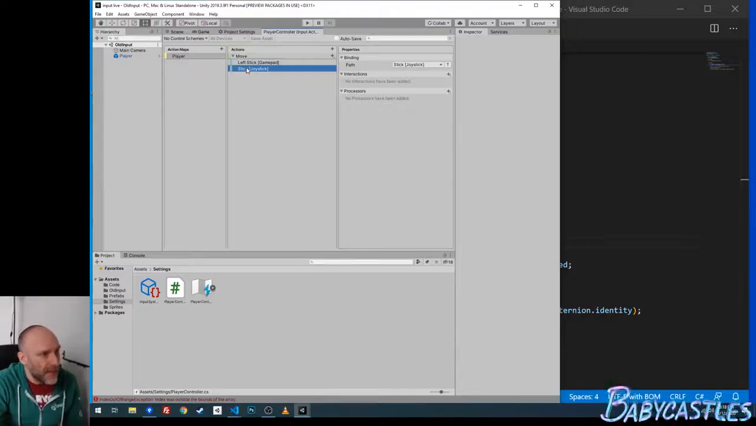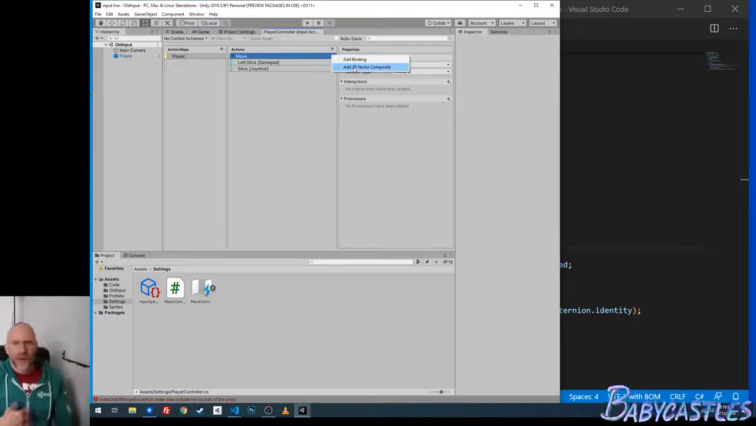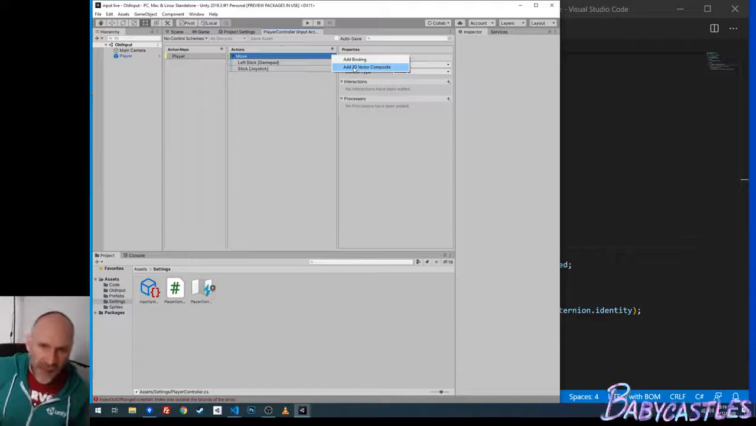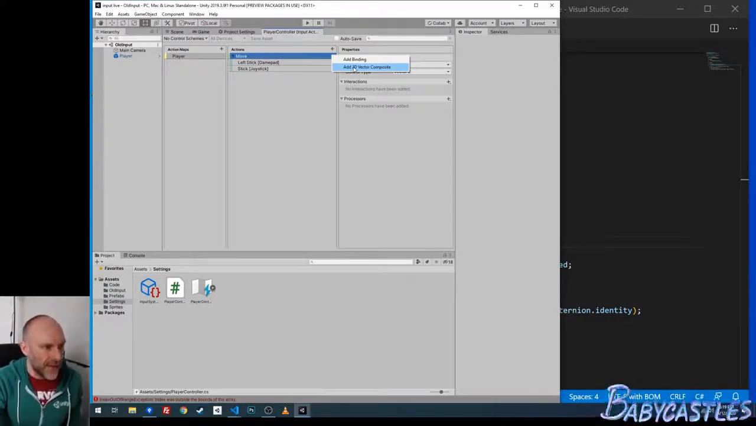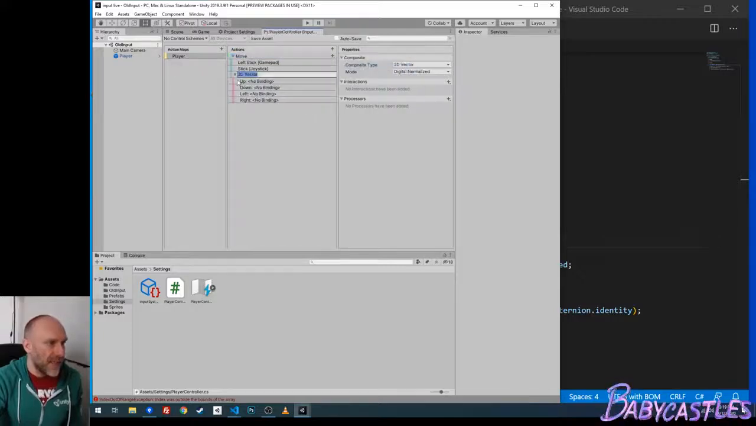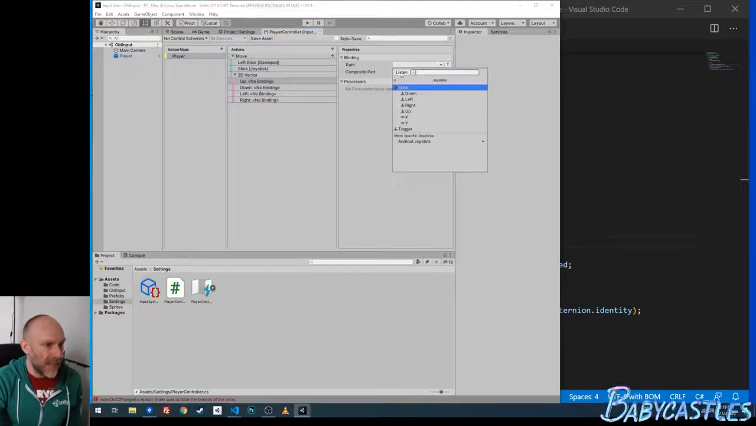The other thing that I'd really like to add here is input for keyboard. So let's add the arrow keys. If I say plus here, instead of binding, I'm going to say 2D vector composite. And what that does is it lets you put in four different key inputs that generate a 2D vector. So I'm going to add that. So you can see it's got up, down, left, right. There's no bindings here. And to get the bindings, I'm going to go listen